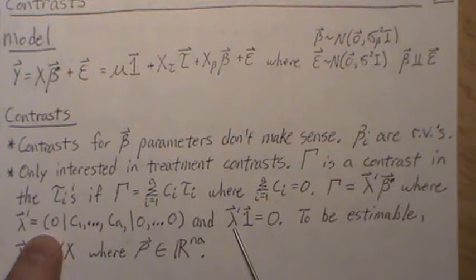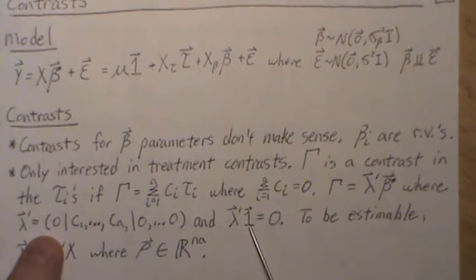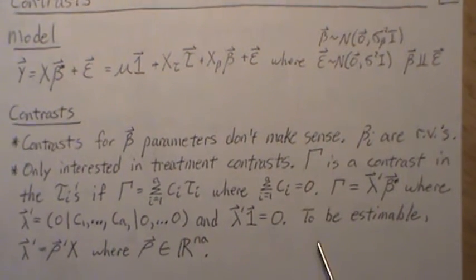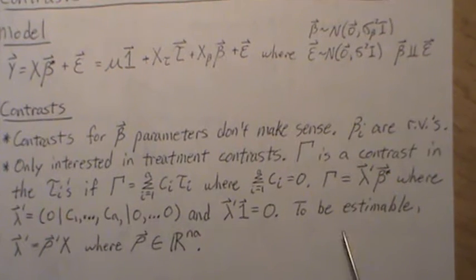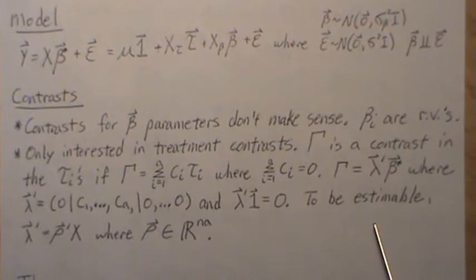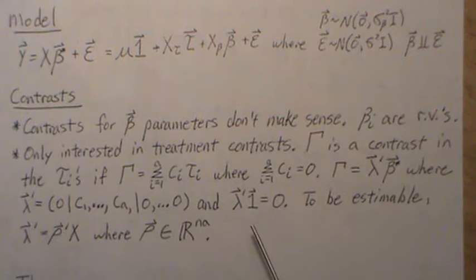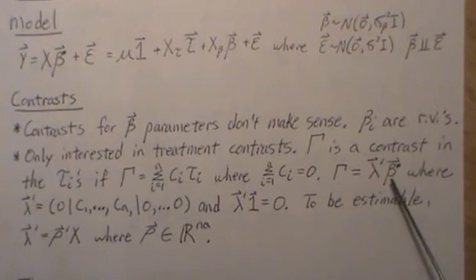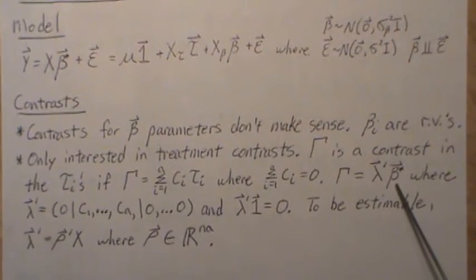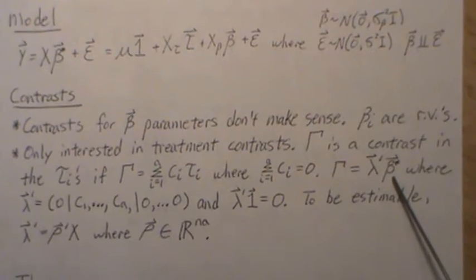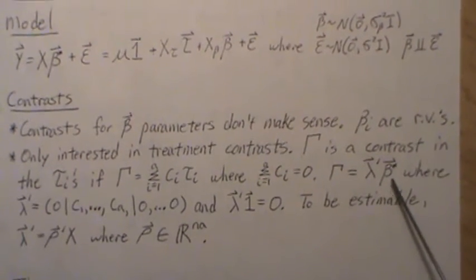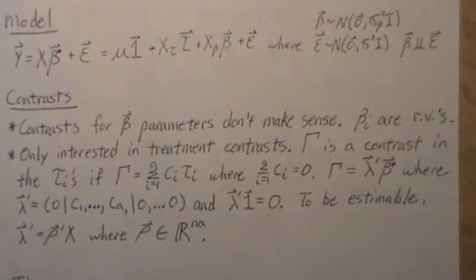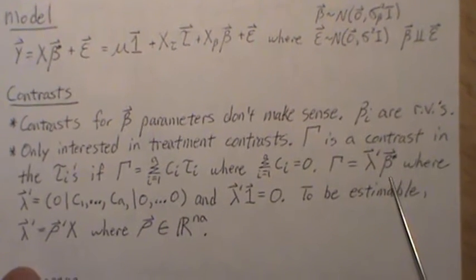So that means lambda prime 1, the sum of all these, has to be 0, and to be estimable. Now, what does estimable mean? Estimable means that there is a unique value for this linear combination. Now, to me, it's actually so surprising how it all works out, because we create a least squares estimate for beta, which is not unique. But then somehow taking a linear combination of these beta parameters, we can find a unique value. I love the theory behind that, but I'm going to point you back to my little mini series